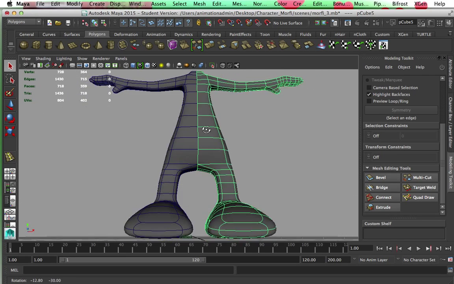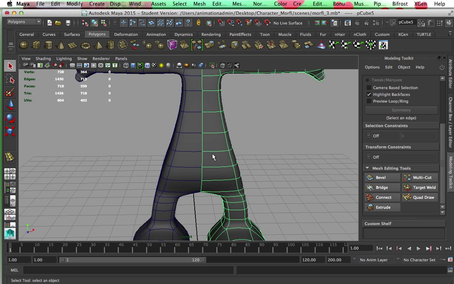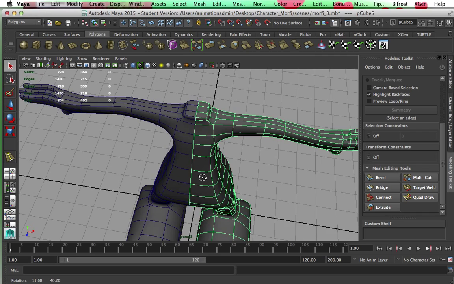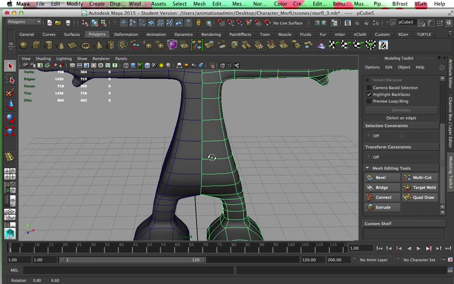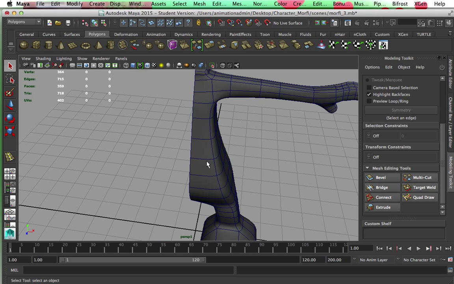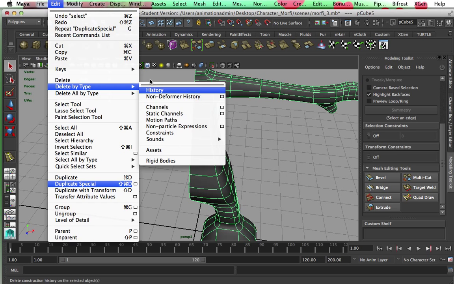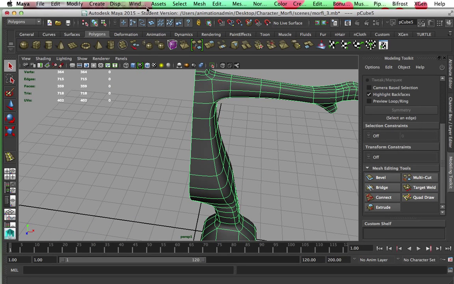Now at this point, you're pretty much done with the modeling of the torso. We're going to add the head next. So the torso itself can be combined into one single piece. So we do not need the instance anymore. And to do that, I'm going to select the torso. We're going to go ahead and delete history. You're going to go to the